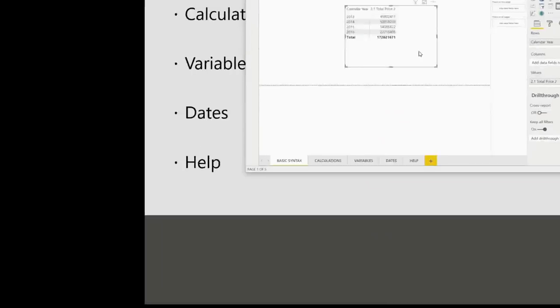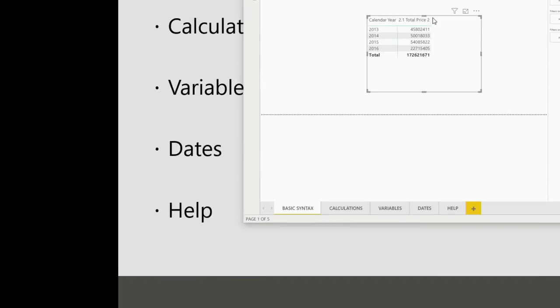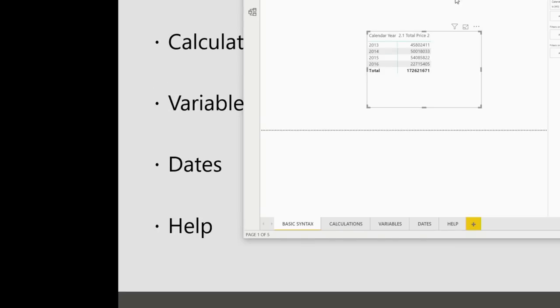Now, what's interesting about this is we're now getting a different value per year, but we didn't put any information in our DAX code on how to handle that. So this is where the data model comes in and plays with your calculations to help produce the correct result without you having to write specific where clauses or write a lot of code. We just say, I want to sum this column, and then you let the data model do the rest, so long as you create your relationships nicely.